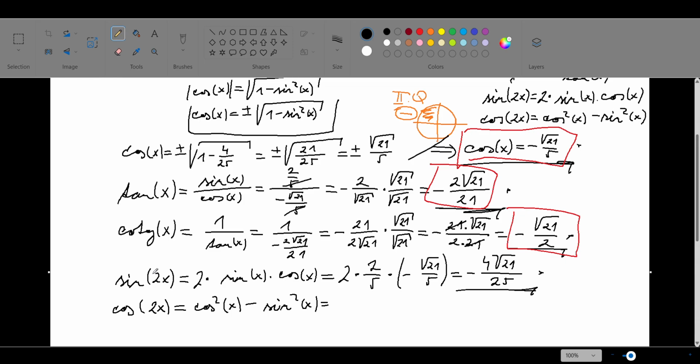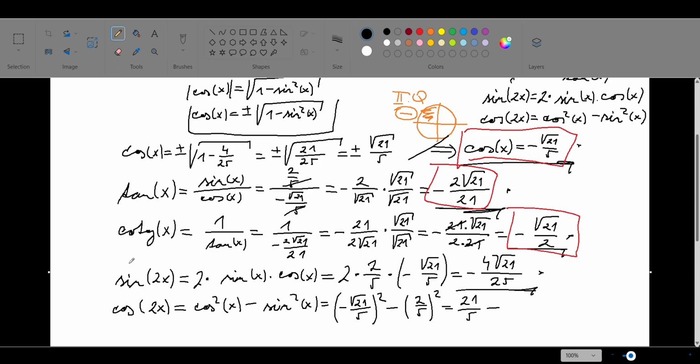Now I suggest you use parentheses: negative square root of 21 over 5, squared, take away the sine, which is equal to 2 over 5, given at the very beginning of our task, and again squared. A negative number squared is a positive number, and square root of 21 squared is 21, so it is 21 over 5 squared take away